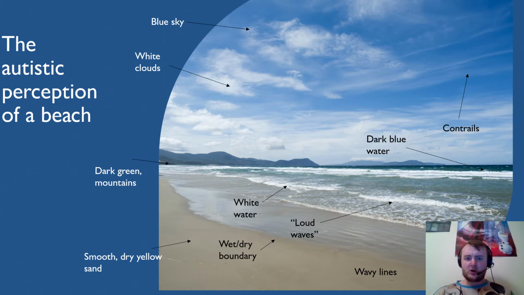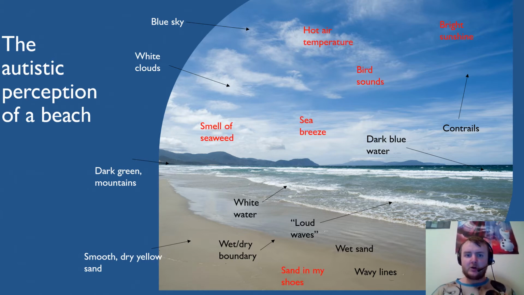So far, what I have demonstrated is information that can now be seen within the picture as slight details. But now we can go even further, because what we see now in red is the perception of other senses that would be present if an autistic individual was standing on this exact beach within a real-life situation. The sun is clearly bright, even though it is not shown. The temperature may be hot, there may be a smell of something like seaweed, and you may feel a sea breeze blowing in your face, but you can also hear things too.